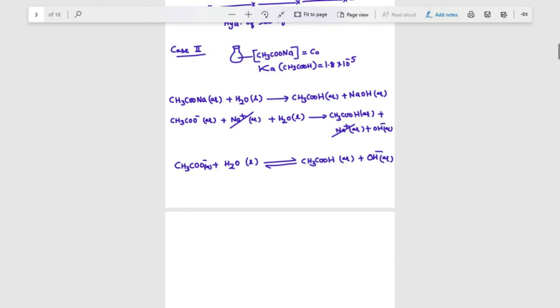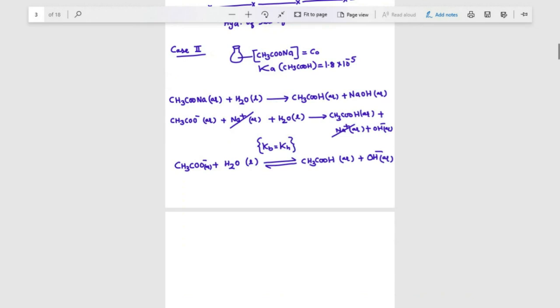So sometimes when we are writing the equilibrium constant of this reaction, we can write Kb of acetate ion, or we write hydrolysis constant, right? So Kb or Kh both are the same. When I am writing Kh, I am saying that there is hydrolysis of acetate ion. When I am writing Kb, I am saying that the acetate ion is behaving like a weak base because it is taking H plus and it is increasing the concentration of OH minus in the solution. So you should understand that when we are writing Kh or Kb, it has the same meaning, right?